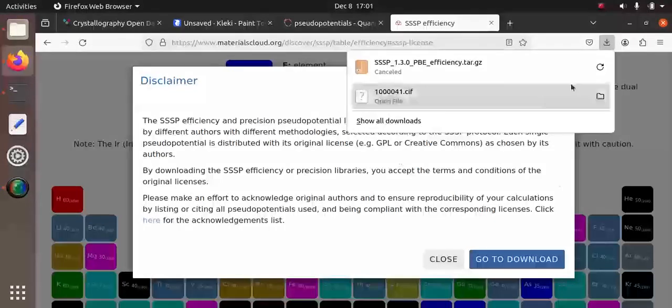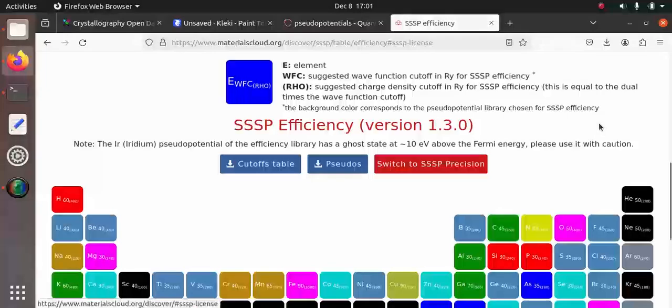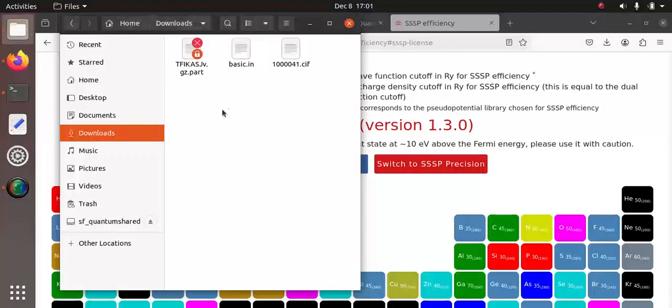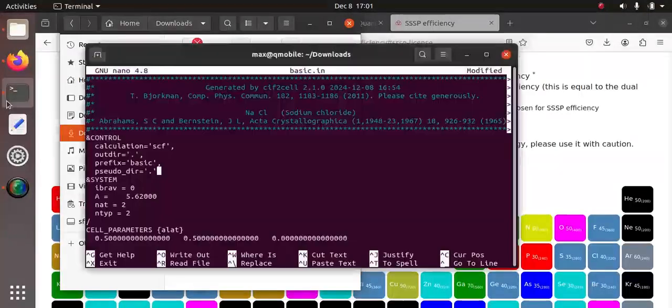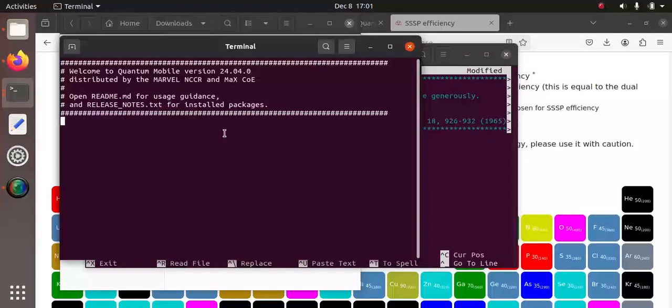As I downloaded before, I cancelled it. After you download the file, you should just unzip it, for example with gunzip SSSP.tar.gz. After that, tar xvf SSSP.tar, and after that you have a folder